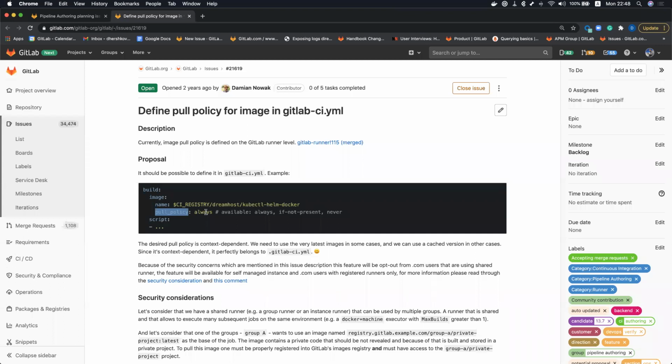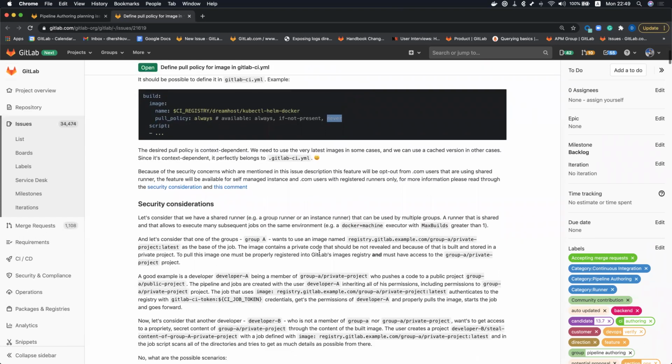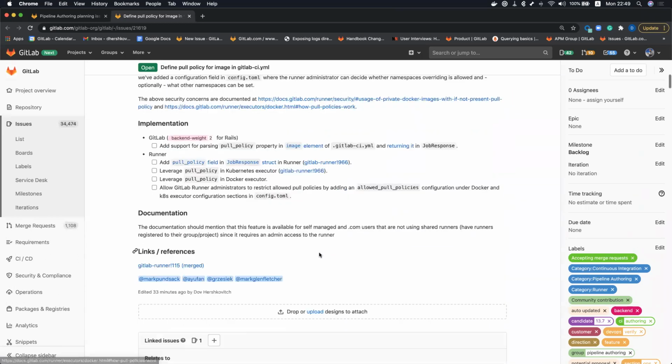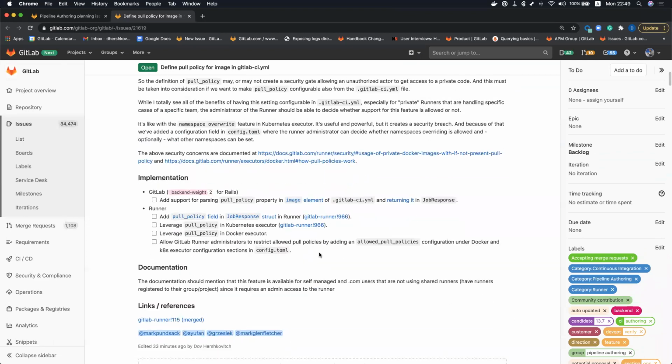Always means that you always pull your image. If not present: if you define the location of your image and it is not there, then pull it. Never means never pull it. Now, there is a serious security consideration that we went back and forth on, and because of that, we decided the outcome of this. I won't walk you through it because you can read it by yourself, but the outcome of it